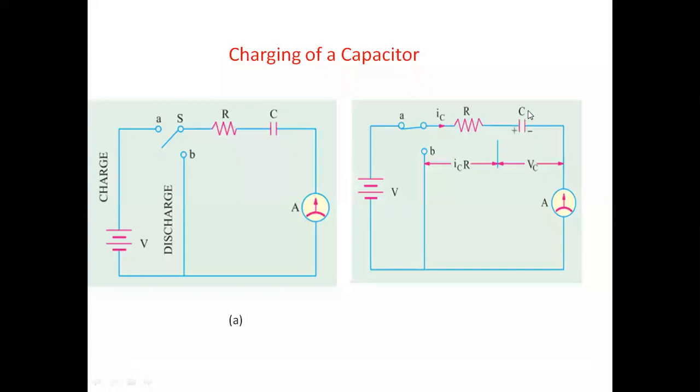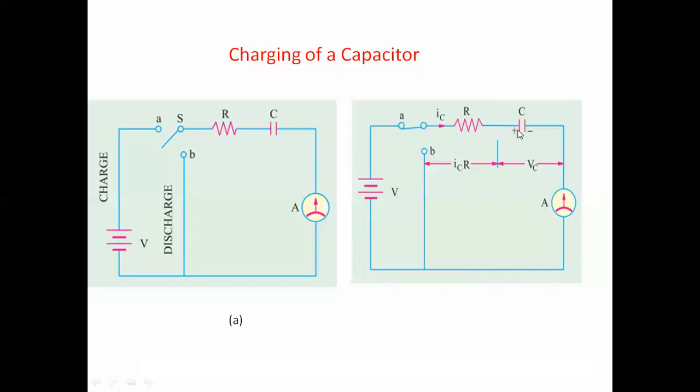When the capacitor is fully charged, the current through the capacitor is zero, which means it acts as an open circuit. Initially, the capacitor acts as a short circuit, which is why most of the current flows through the capacitor. Like that, the capacitor charges, and the charge on the capacitor develops exponentially.